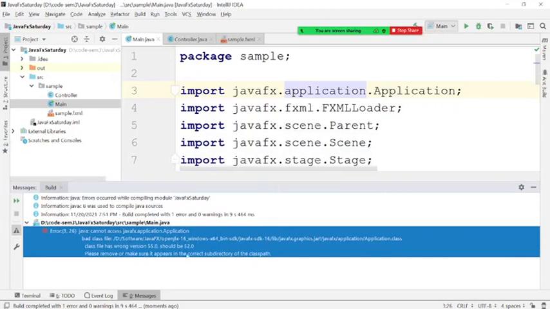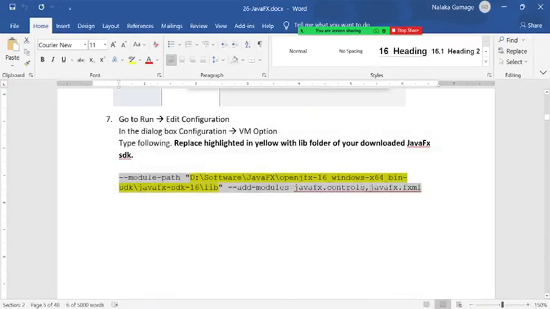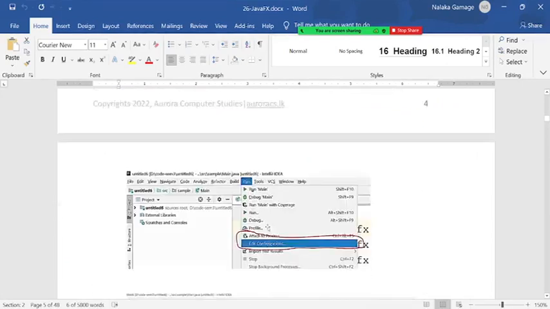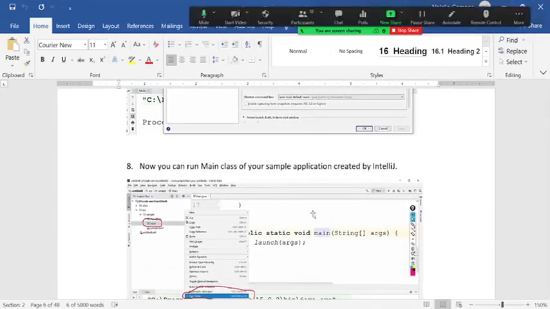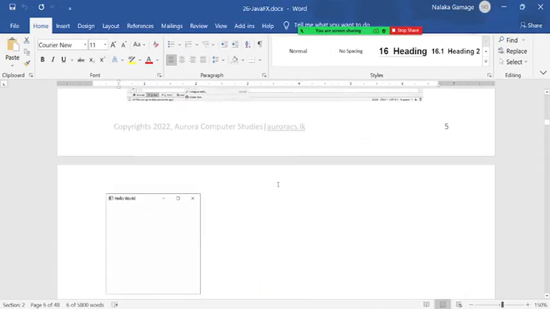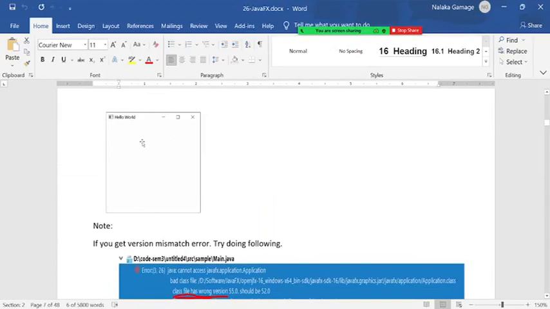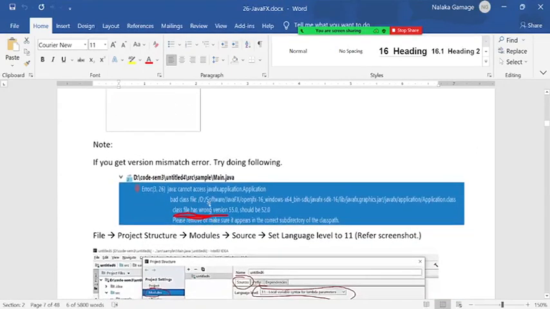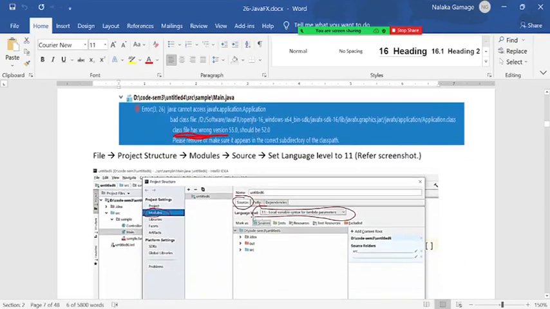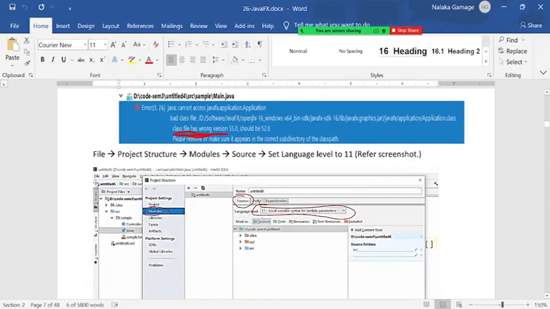If you get this kind of error, of course not other type of error, something like this wrong version error, you have to do this. Everything is mentioned here, right? So if you are getting this, that is fine, something like hello world. But if you are getting this error, or the version number can be somewhat different, but if you get something like this, again you have to go to the file